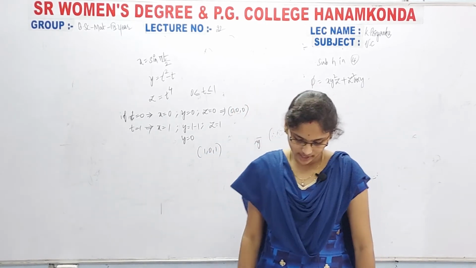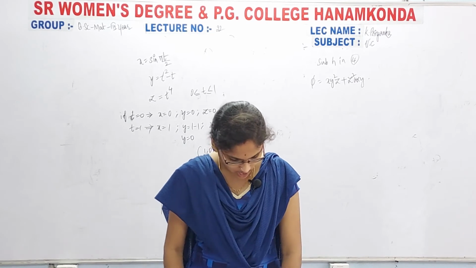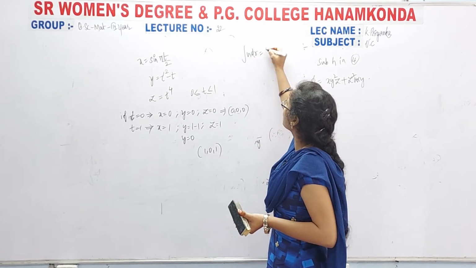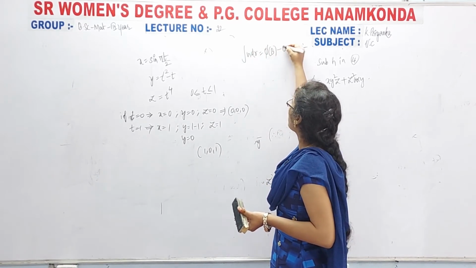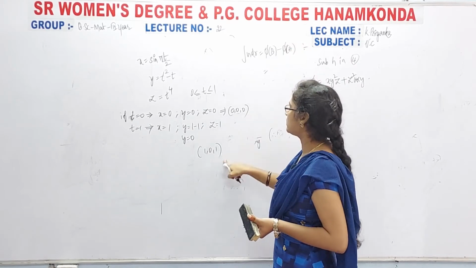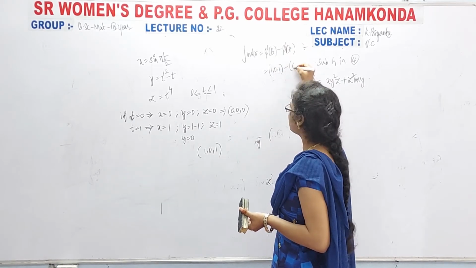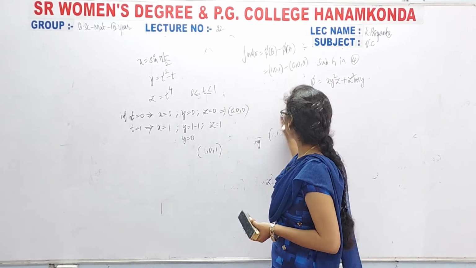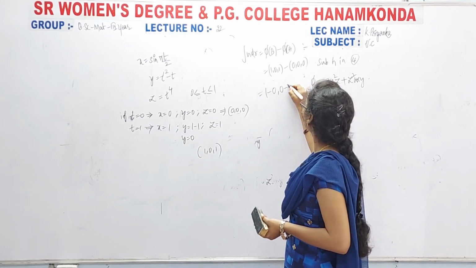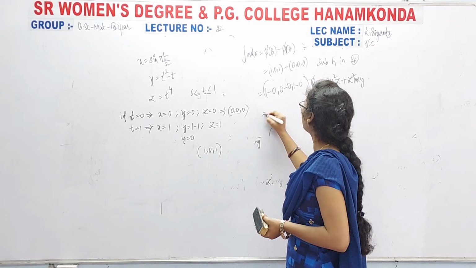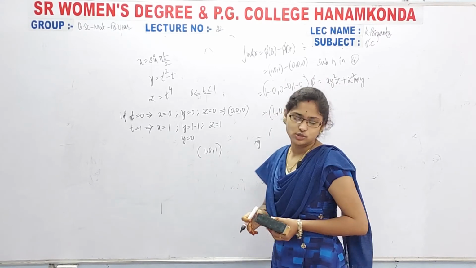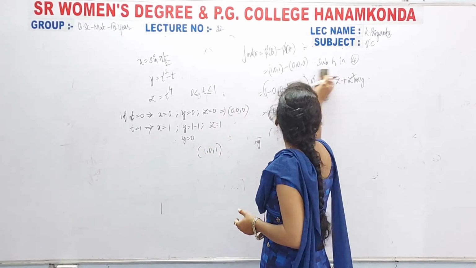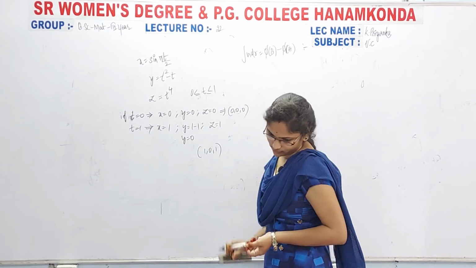Now here we take the simple thing, that is nothing but the difference. The line integral of u dot dr is simply phi of b minus phi of a. What is phi of b? This is the point, so (1, 0, 1) minus (0, 0, 0). Finally, what do we get here? 1, and 1 minus 0, 0 minus 0, 1 minus 0. The point is (1, 0, 1). Otherwise you can take the addition also, there is no problem. Phi of b minus phi of a.